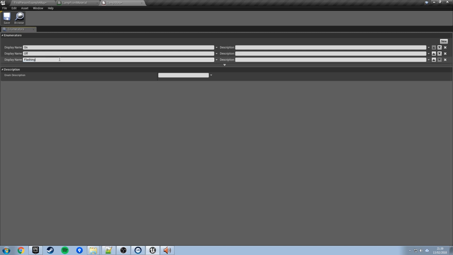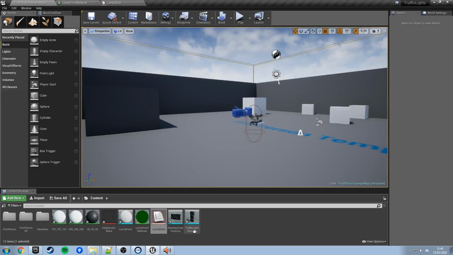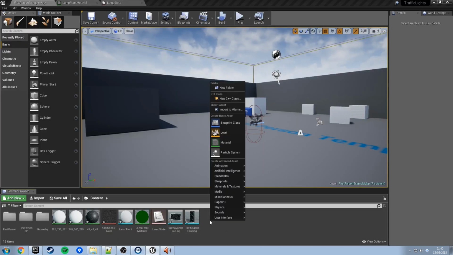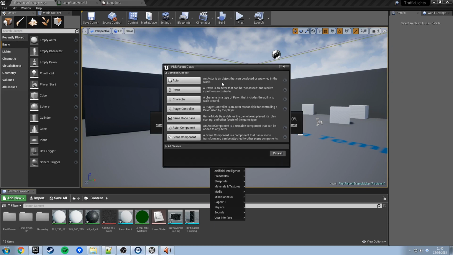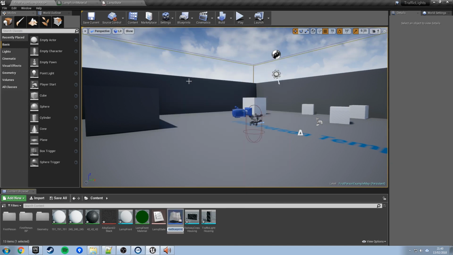And then what we'll do, we'll have a blueprint that can switch the lamp into any one of these 3 states as and when we need. So save that. Now we can work on the actual lamp blueprint itself. So right click in the content browser again, blueprint class, and it's going to be an actor. As it says here, an actor is anything placed in the world, and that's what we want. So make an actor and call that just lamp or lamp blueprint, whichever you prefer. So then opening this,